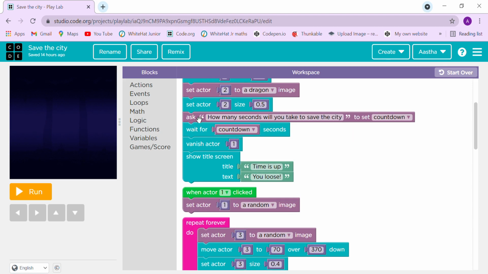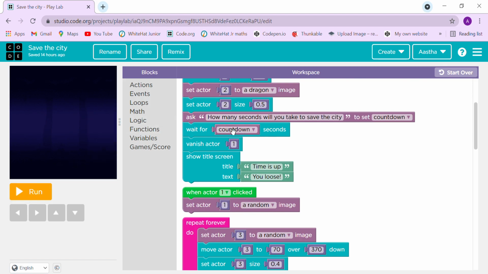Now we are going to have ask how many seconds. We are going to ask the user a question, how many seconds you are going to take to save the city, and then set the countdown.